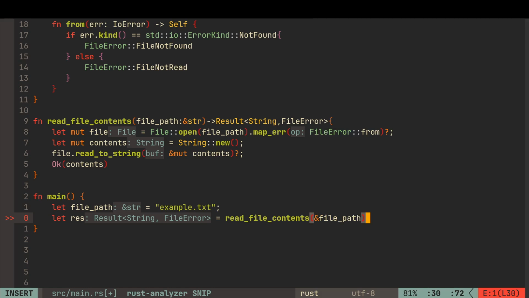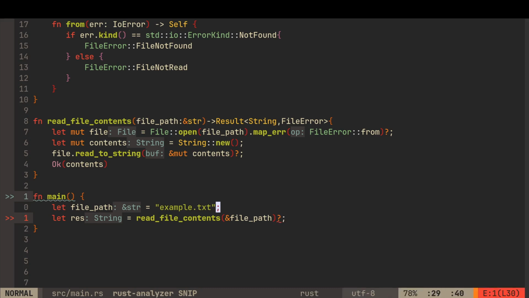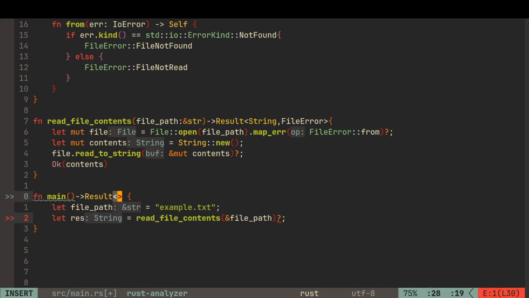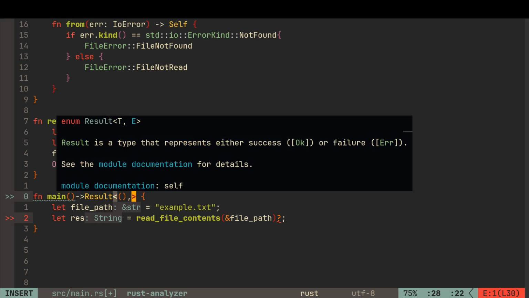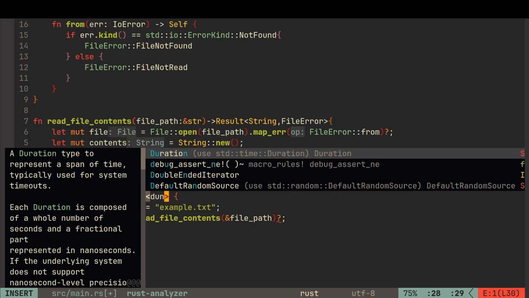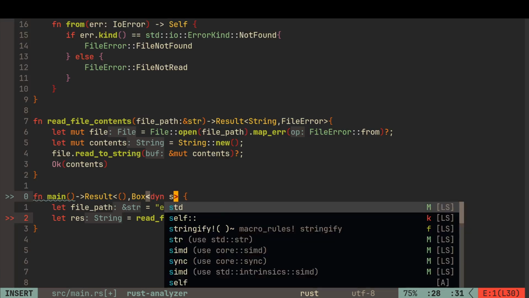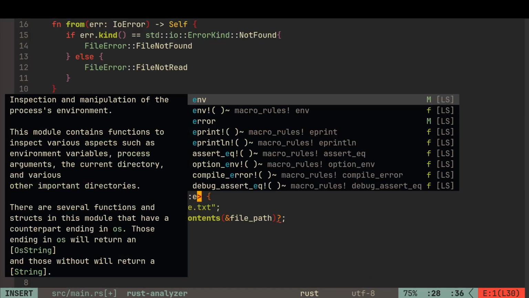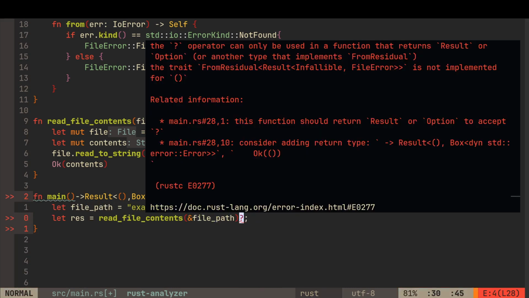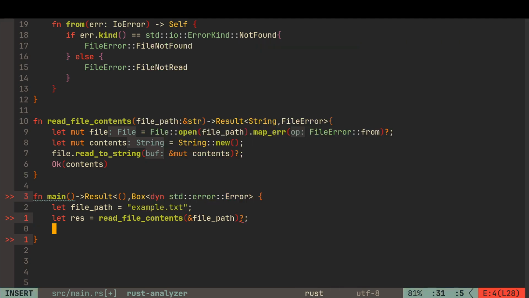So here we need to also use the question mark, and that will complain because we need to put the return as a result. Results, which can either be okay or we'll do box dyn Error, because we don't know what the actual error could be, or rather the compiler doesn't know the size of what the potential error could be. And then we need to return